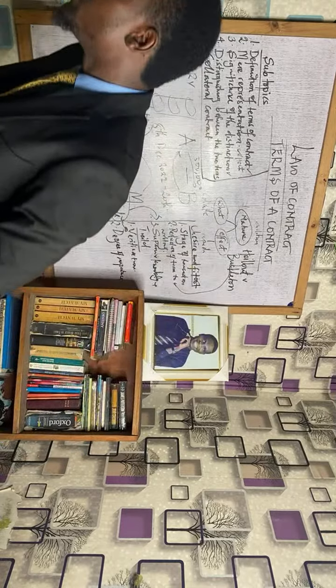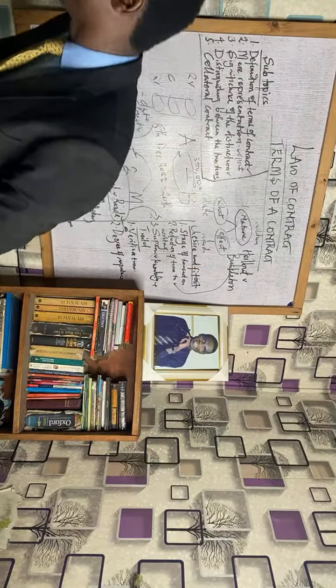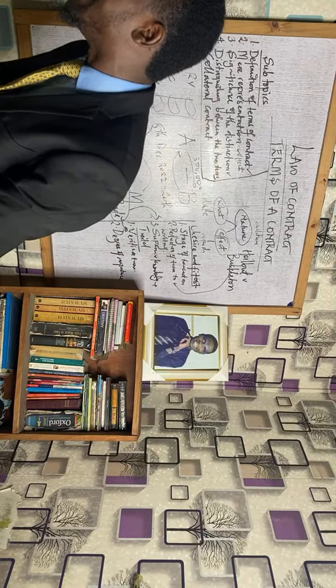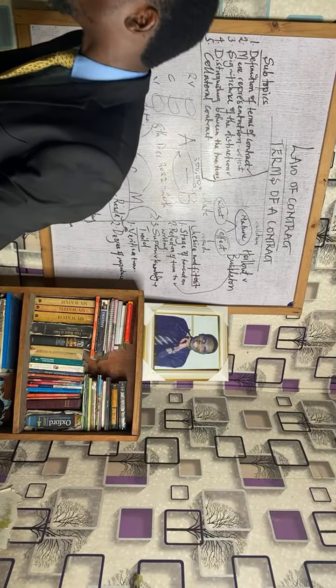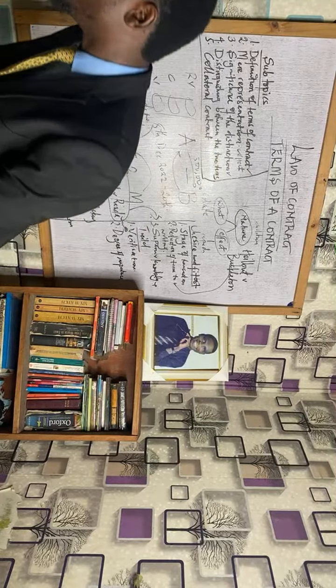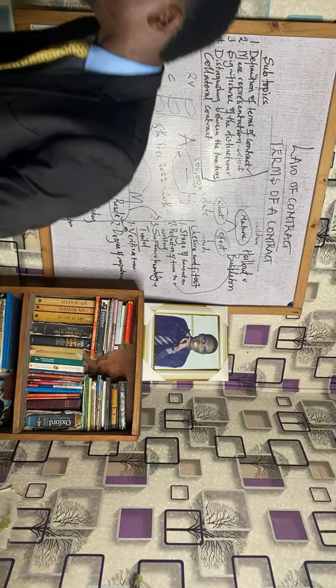Degree of importance. Now the test is the degree of importance attached to the statement by the representee. Thus, if the representee can demonstrate that, to the knowledge of the representor, he would not have entered into the contract if the statement of assurance had not been made, such a statement will be regarded as a term of a contract. So when you're talking about the degree of importance, you are saying that